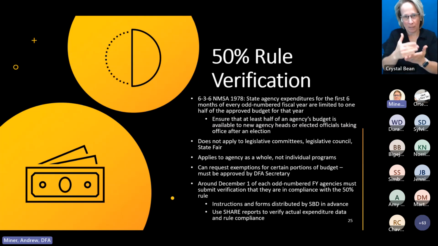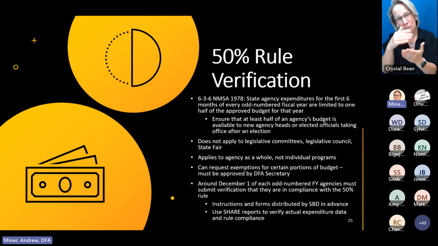It does apply to the agency as a whole, not individual programs. So if you're over half on one program, but under half in another program, as long as that balances out to be less than 50, then you're okay. You can request exemptions from this for certain portions of your budget, and those have to be approved by